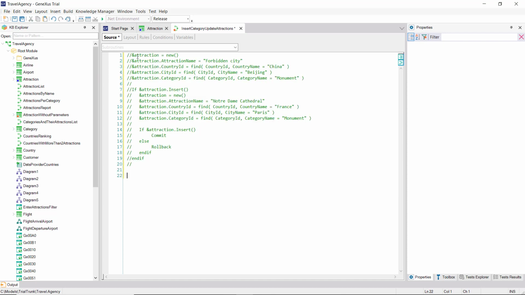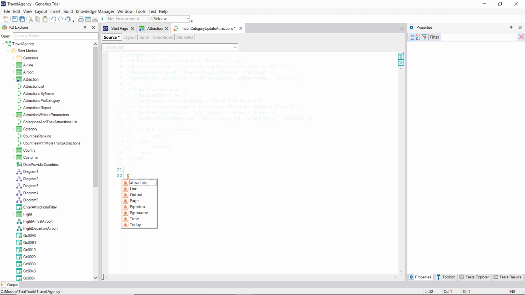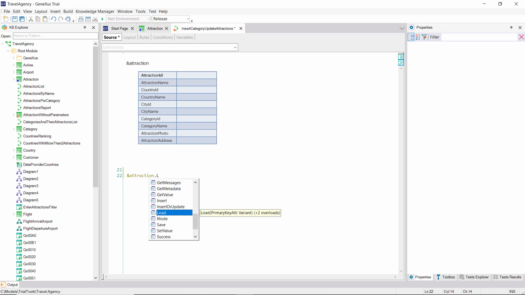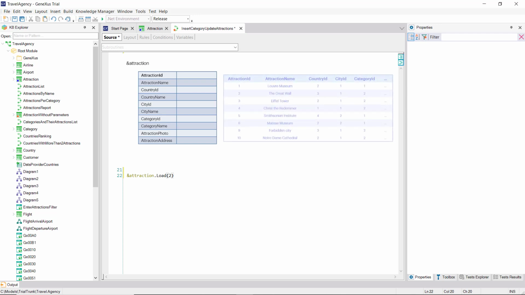We need to make an update, as we would do with the transaction. First of all, we need to load the variable with the attraction values that we want to change. We know its ID is 2, so we invoke the load method of the variable by passing it the key 2 as a parameter. When running this, it'll go to the table to find the record 2.